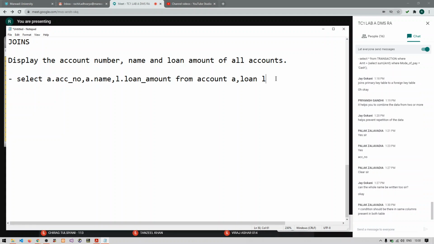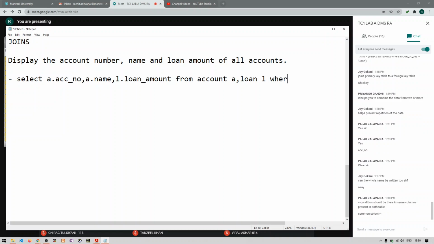Yes, we should compare the common columns of both the tables using the equal to operator. So here I will write down my default condition using where, right? Where a.acc_no equals l.acc_no. So this is my default condition in the where part.